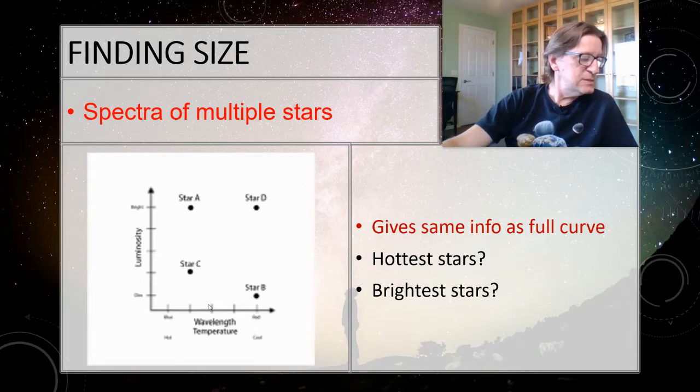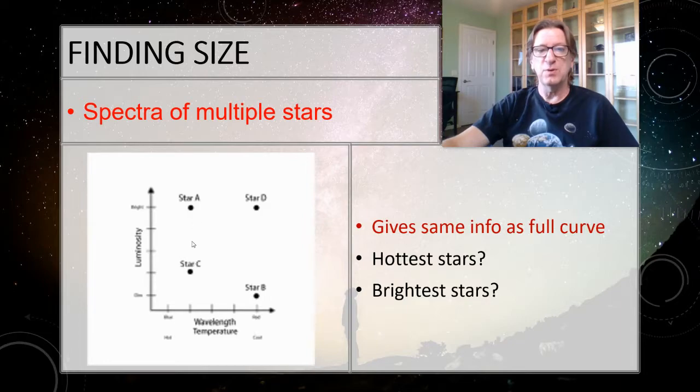Now look on your worksheet, it says show where the smallest stars are found. If you remember, we said that C was smaller than A, and A was smaller than D. Remember that? Between star A and star C, they're the same temperature, so we said star C must be smaller than star A. However, between star A and star D, they're the same brightness, but D is cooler, so it must be bigger. So if we're going to rank these, this becomes the biggest, this is the next biggest, and this is the next biggest. So the smaller stars are down here.